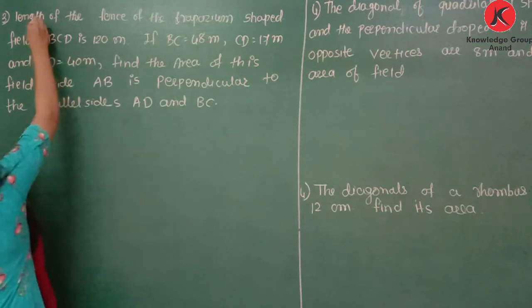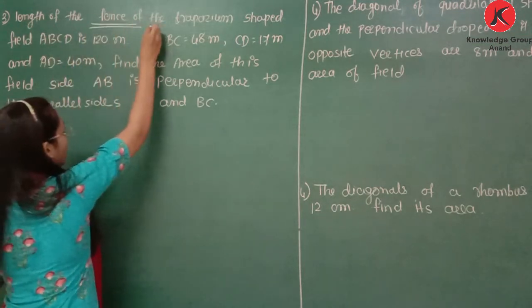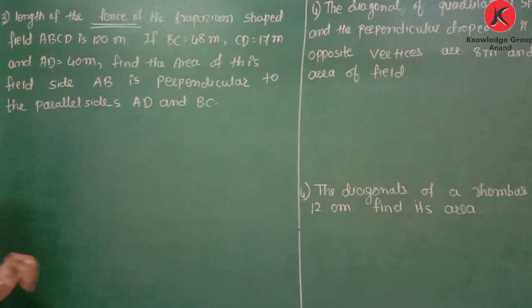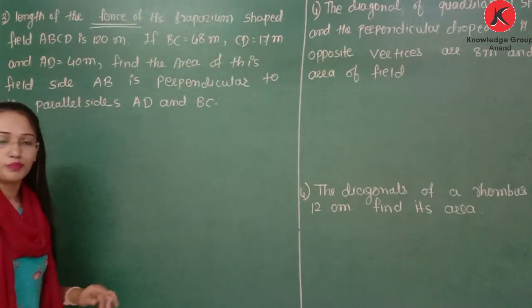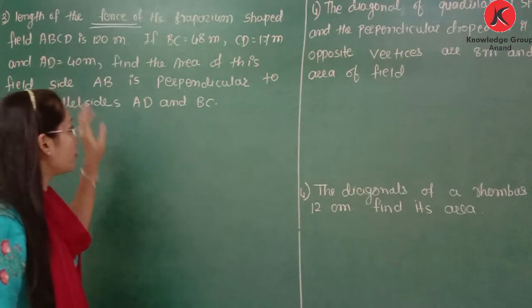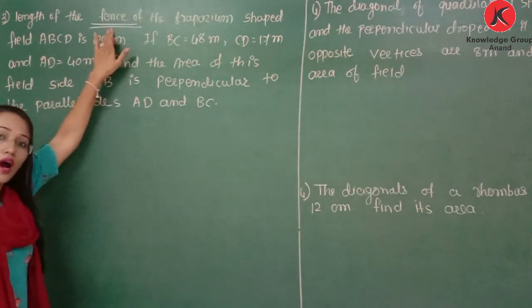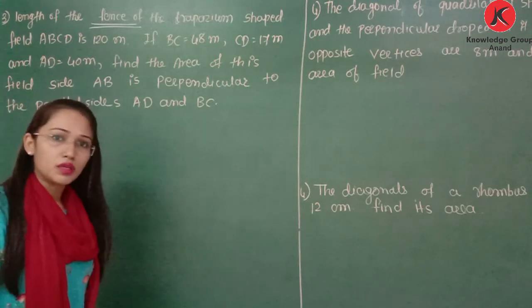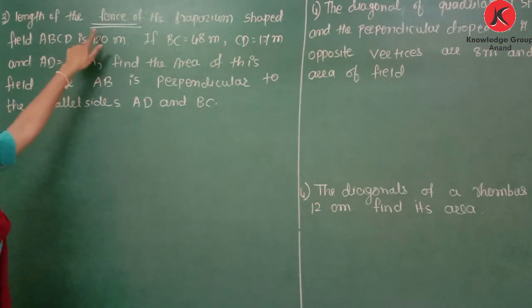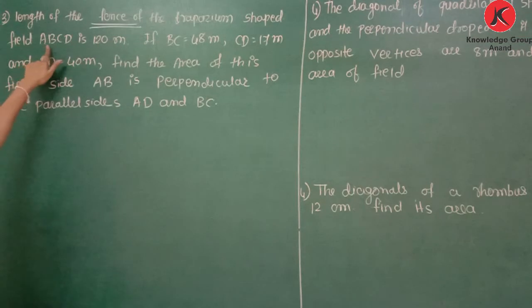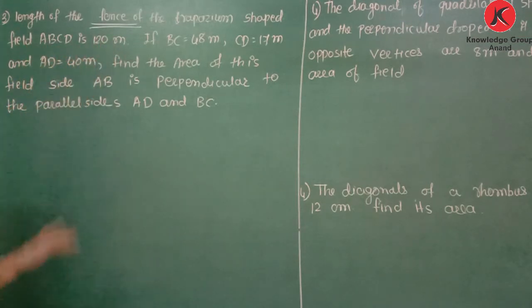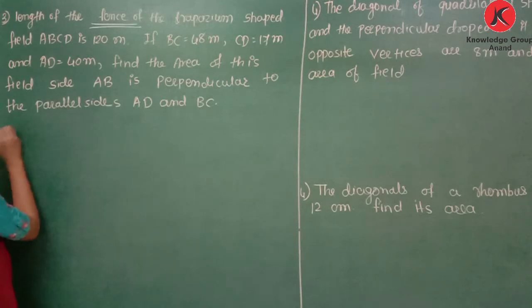That is the length of the fence of the trapezium shaped field. Now what is fencing? Fencing means covering the outer boundary. If we are talking about the outer boundary, then outer boundary means it is a perimeter. So the fence of the trapezium field ABCD is 120 meter, means perimeter is given 120 meter. So we can write here